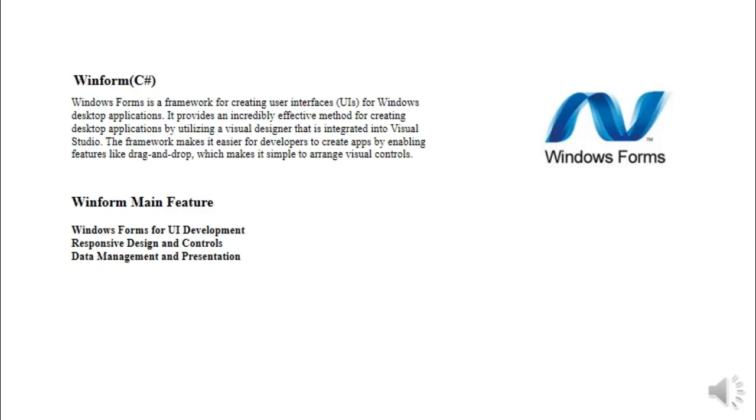Here are the main features of WinForms. WinForms for UI development is a key component of the .NET Framework for desktop applications, providing creation of aesthetically appealing interfaces utilizing visual design tools such as Visual Studio. Responsive design and controls: it offers a variety of controls, e.g. web page, desktop, for diverse UI needs. Event-driven development approach enhances responsiveness. User control tags enable creation of custom controls